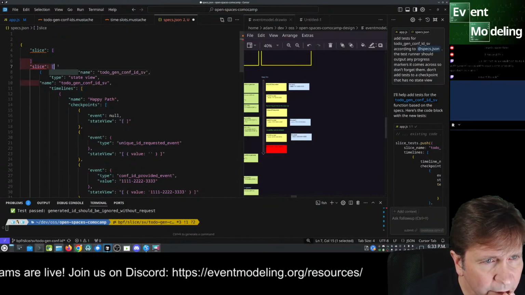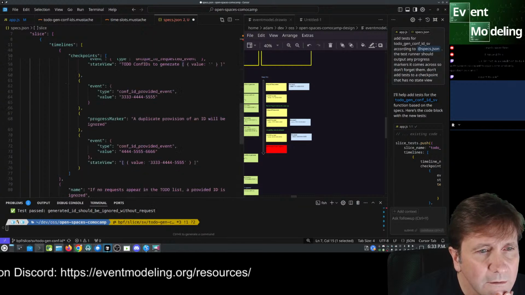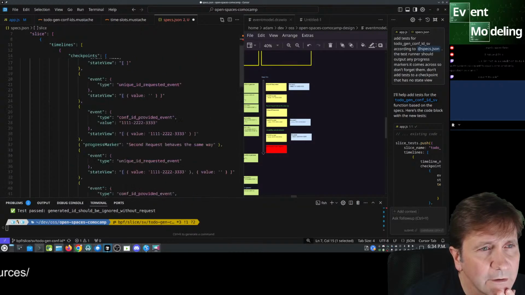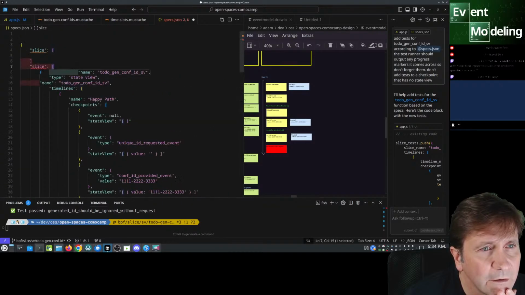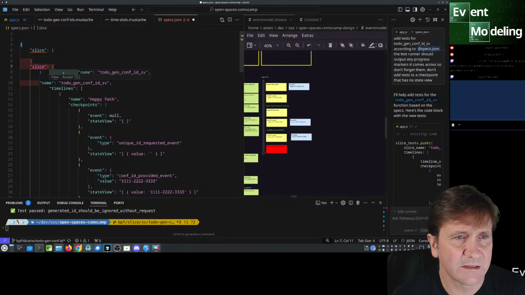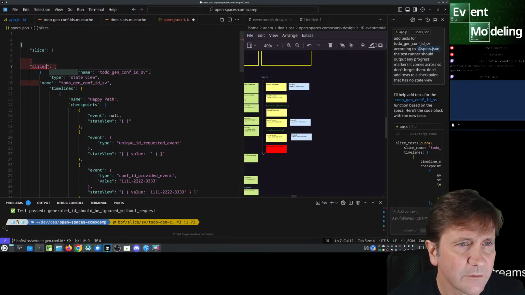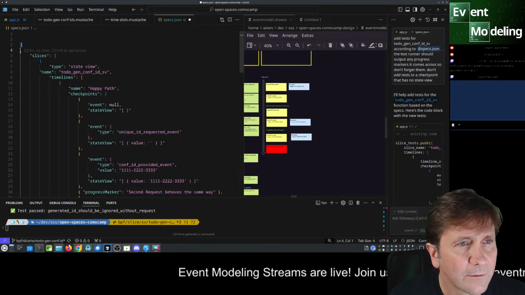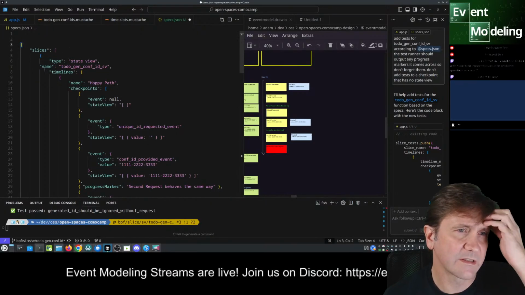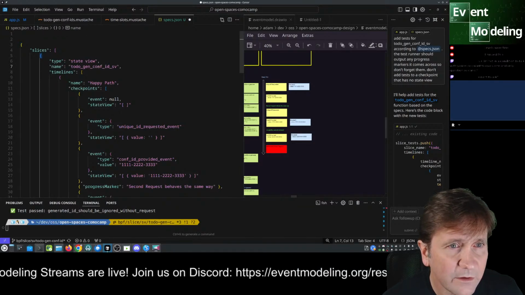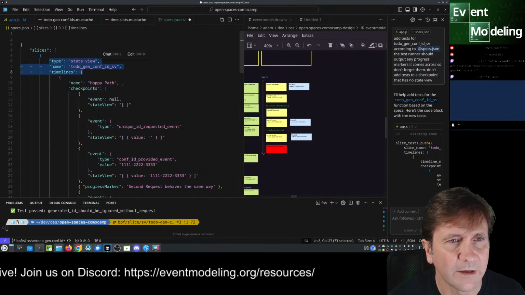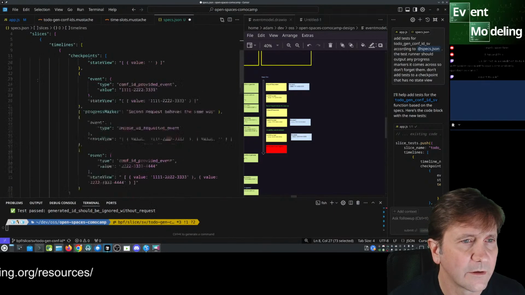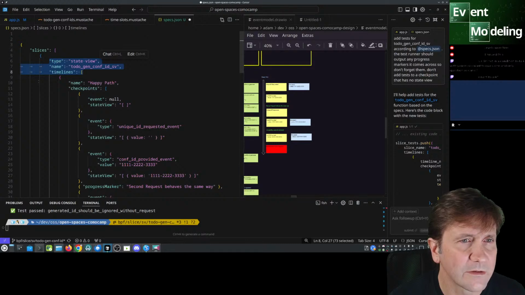And now, why is this an array? This shouldn't be an array. Well, it would be slices. Okay, so we don't need that up here. Okay, so we have slices. We have the type and the name, and then the timelines in it, which is good. And then we go down here to create another slice.